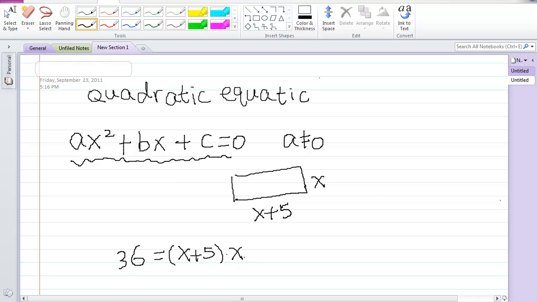Then we expand it to get x squared plus 5x, and we subtract 36 on both sides of the equation